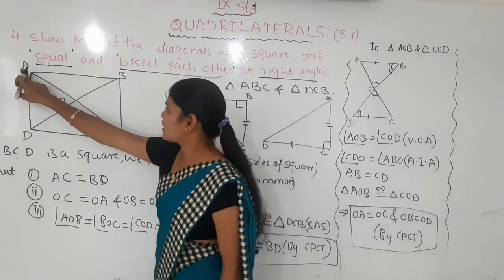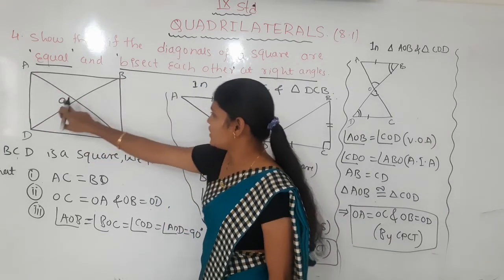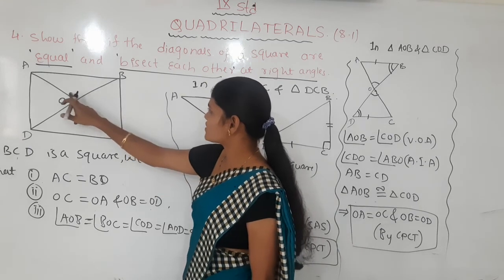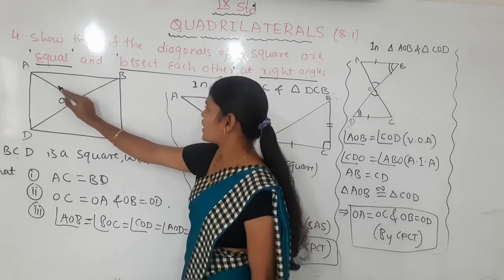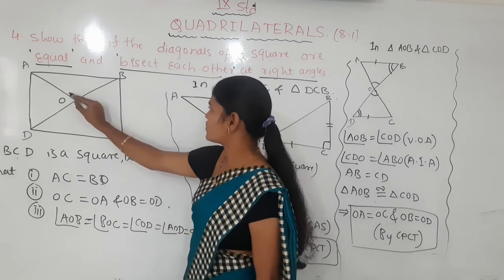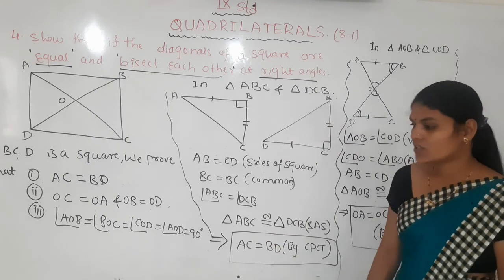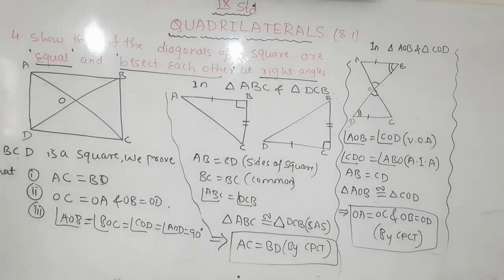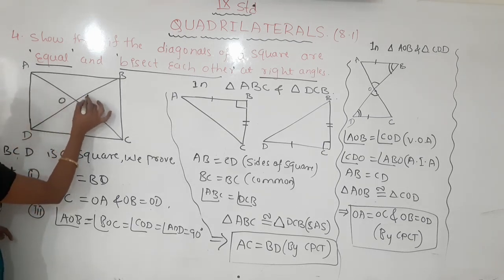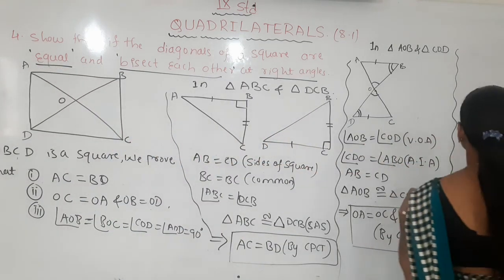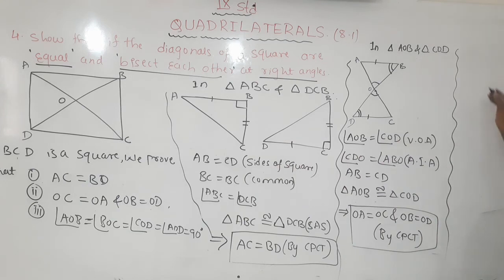Take here triangle AOB and BOC. What is the sum of these two angles, AOB and BOC? How much is it? 180 degrees. Yes or no? The sum of these two angles is 180 degrees, because these two are linear. Are these two angles linear? Yes. So take here triangle AOB and COB, or BOC.